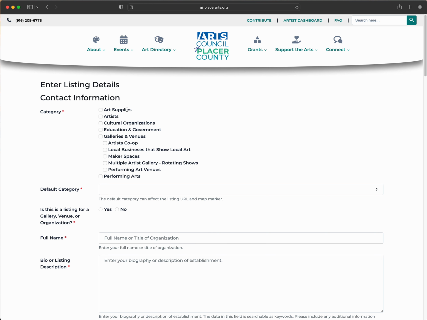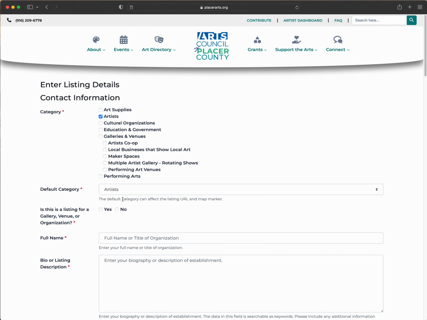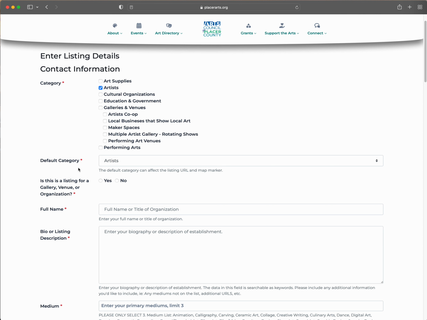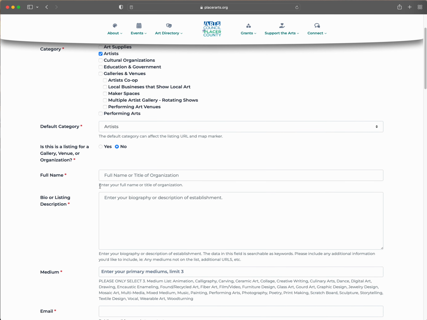So for this example, I'm just going to be creating a general artist page for our directory, and I do photography work as well as some graphic design. So I'll just be inputting this in as if it were my personal directory page. So just to start, we'll go ahead and click a category. The next is asking, is this listing for a gallery, venue, or organization? No. Most of the next fields are pretty self-explanatory, and you will see we do have a field description under each one of these so that you all know what we're after